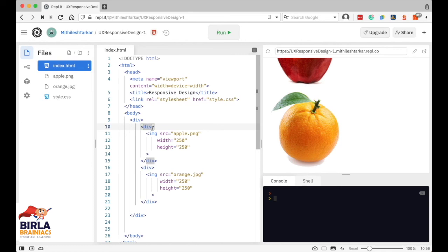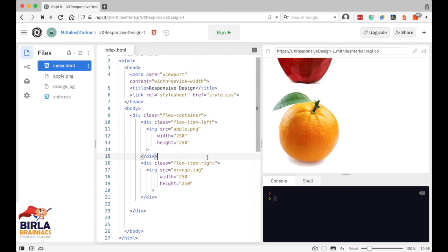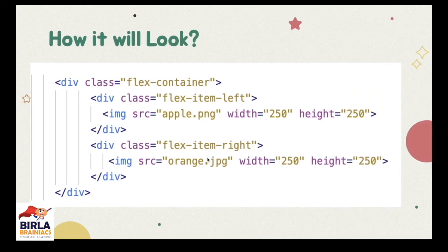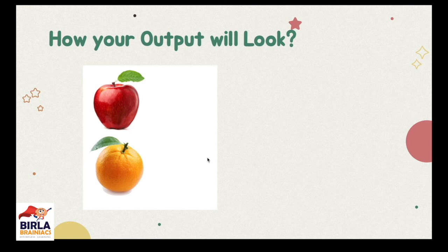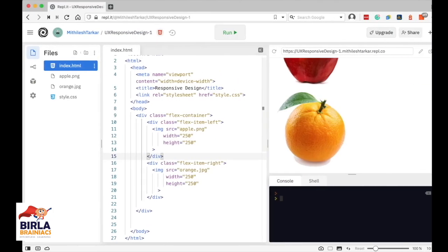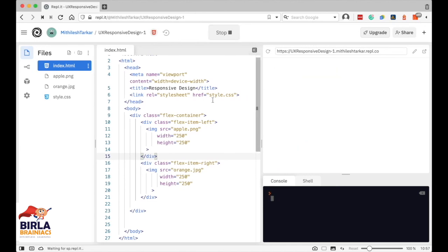So let's add to the main div class is equal to flex container, and let's add class is equal to flex item left, and here class is equal to flex item right. Alright, so this is how my output currently looks.